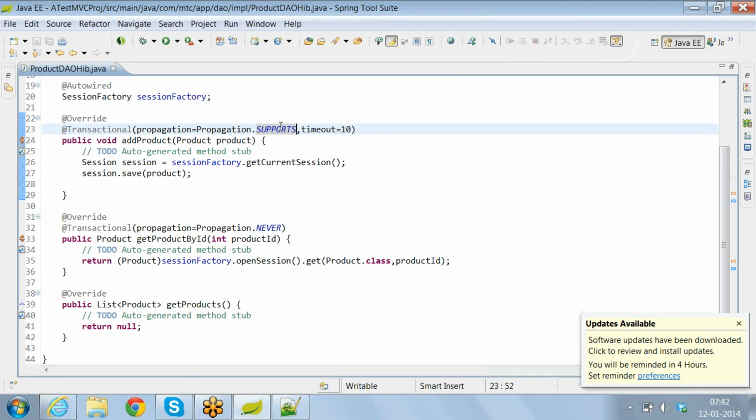Supports here, you'll find that this method, if you apply this transaction advice, you'll find that this method executes. If you apply this advice, then it gets that this method may or